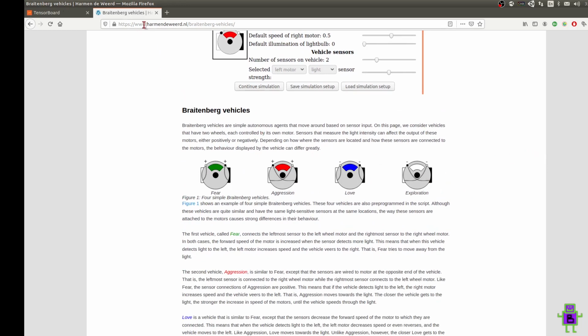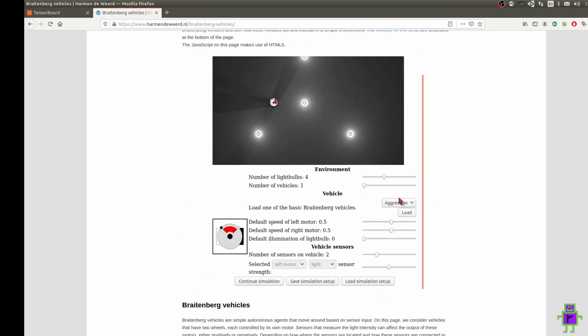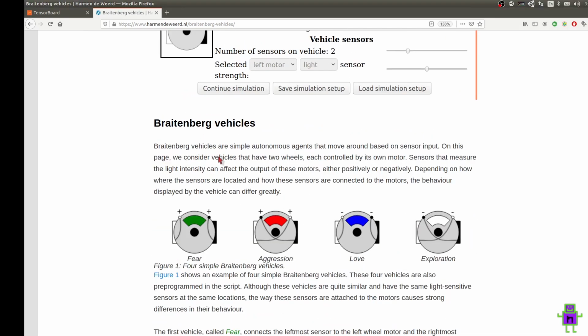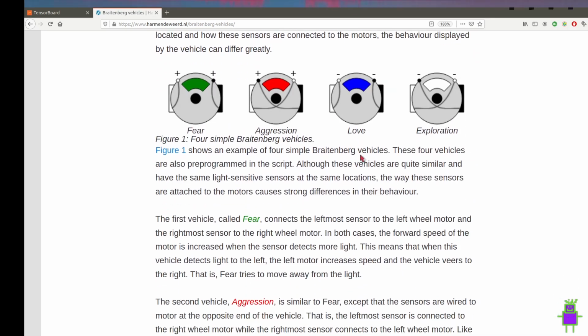There's this very wonderful site someone has put together that does a very simple simulation of the Braitenberg hardwired approach. You can play around with it if you go to this website. If we take a look at this very simple diagram here, it's a very lovely diagram, we can see that we've wired the left light sensor to the left wheel motor, and likewise we have wired the right light sensor to the right wheel motor.